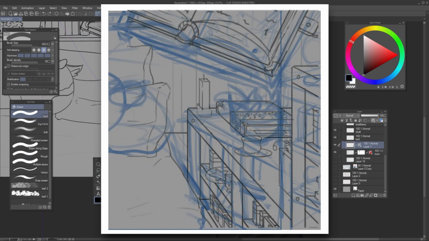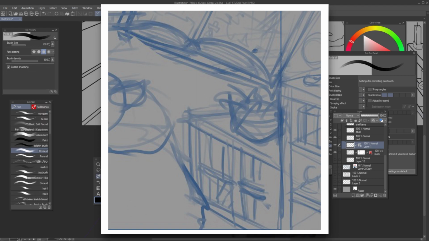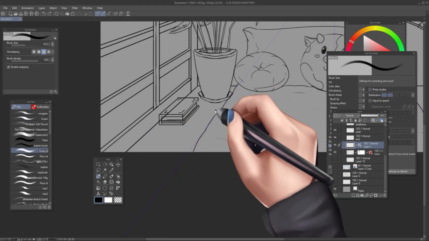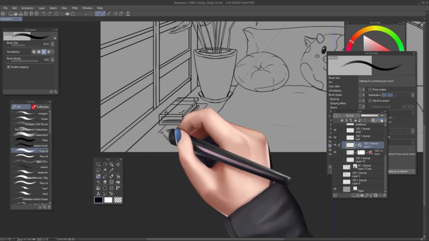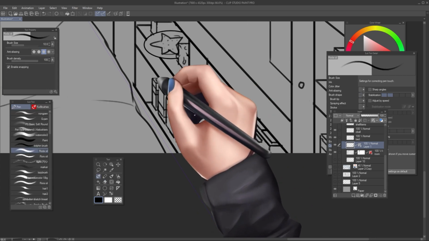In my example, the dresser to our right was completely off. So I just redraw it using the ruler to fit our perspective ruler, and then I added some clutter and other objects to make it feel more lived in. And I'll do the same with the rest of the room while utilizing our perspective guidelines to ensure everything fits